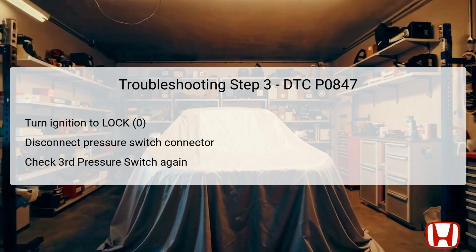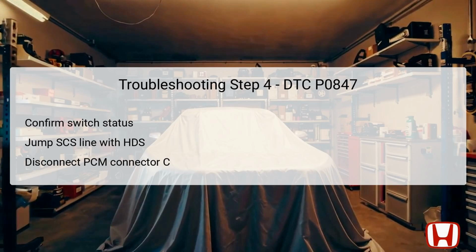the transmission system. Should the readings from the third pressure switch still indicate on in the previous step, you will now turn the ignition switch again to the lock position, 0, and jump the short circuit anytime SCS line with the HDS tool. This action isolates the HDS from other circuits, allowing for more precise testing of the components being investigated. Next, disconnect the PCM connector C, which is crucial for the proper diagnostics because it houses terminals integral to